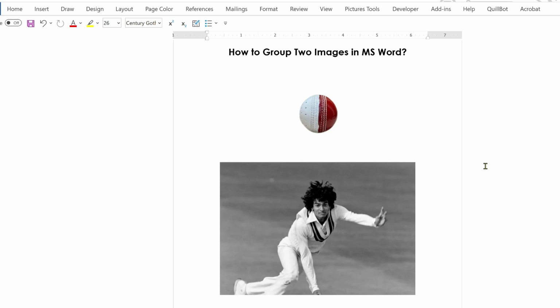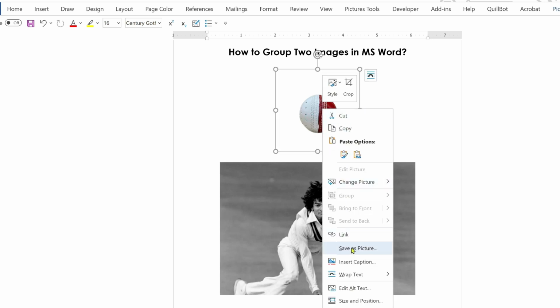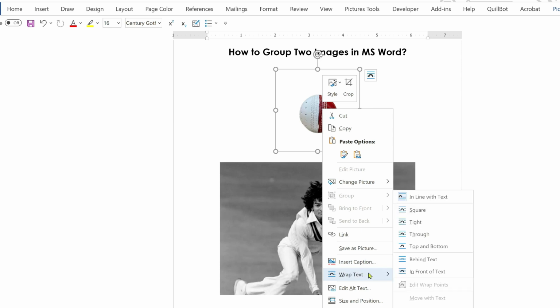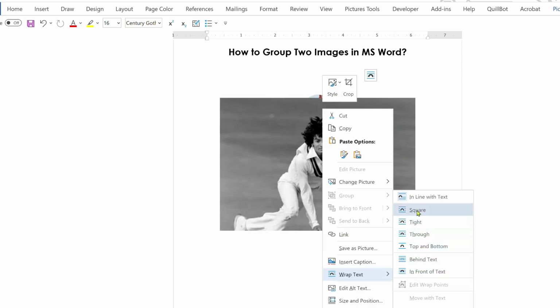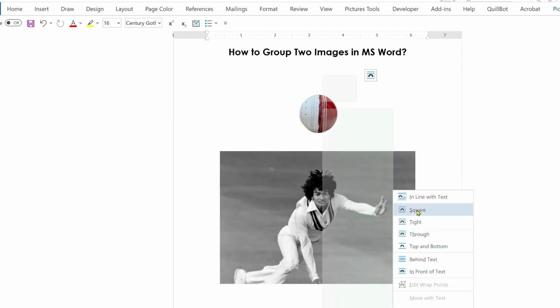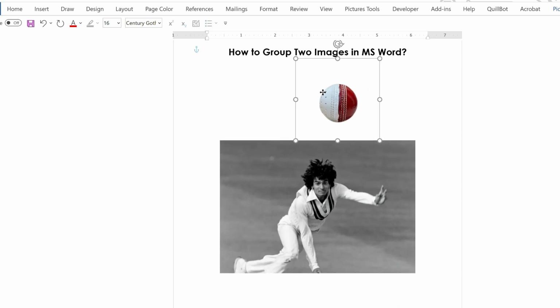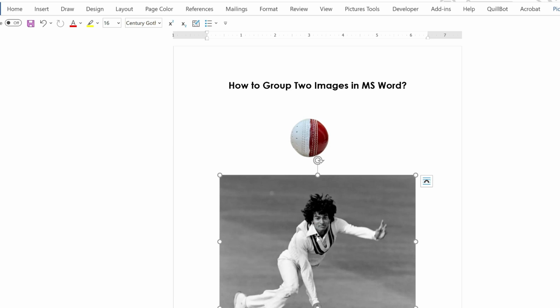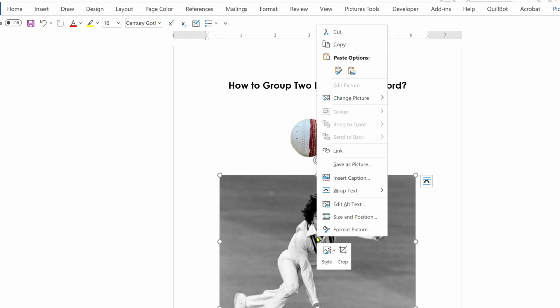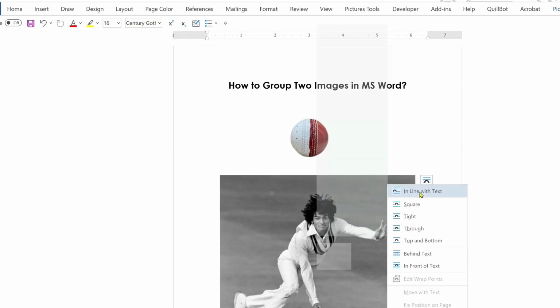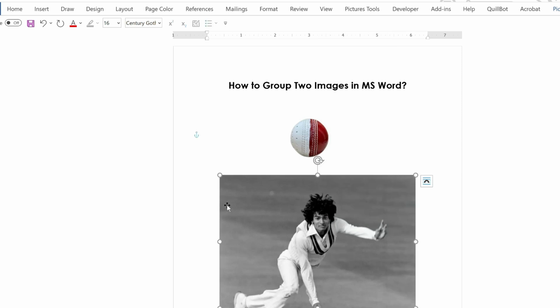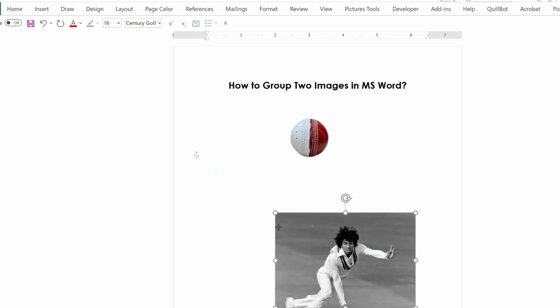So first you need to get the images movable. For this you need to right click on the image, go to Wrap Text and click on Square. Now you can move the image anywhere on the page. Similar process for the second image: right click, Wrap Text, click on Square, make it short,